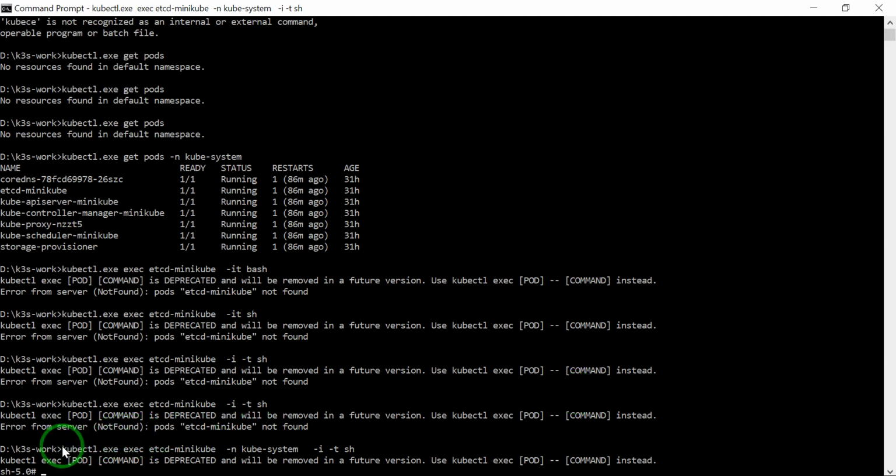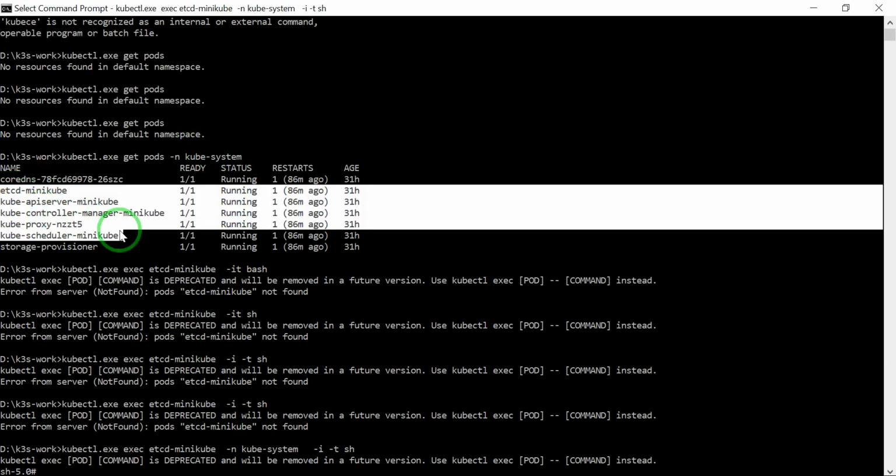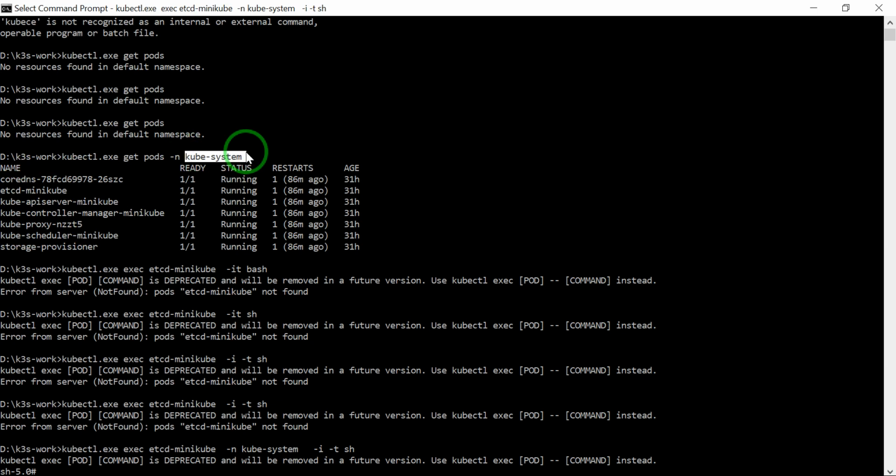I was just making a mistake, I didn't give the namespace. I have already told you that all the main component services of Kubernetes are in kube-system. So I put the name here and then go inside etcd.